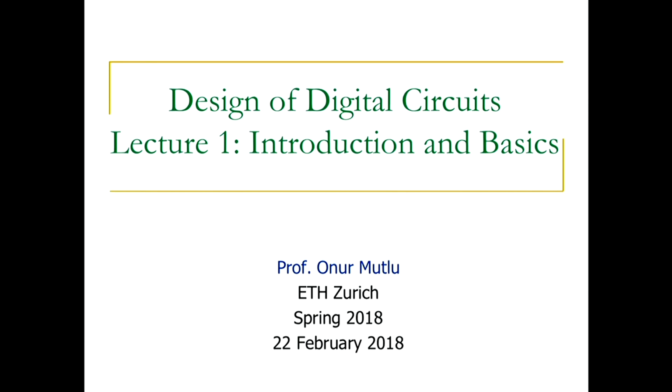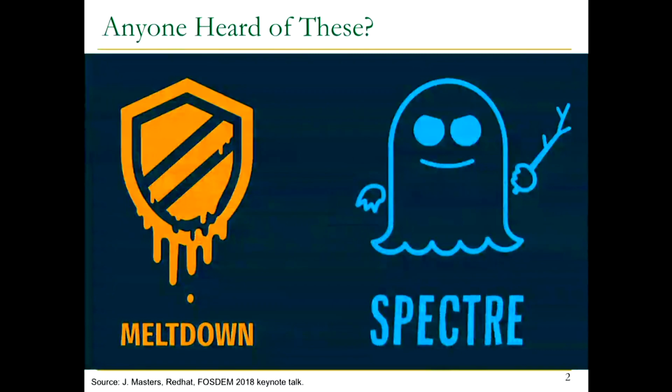But let me start with something that some of you may know, and I'll ask you a question. How many of you have seen things like this? Okay, that's a sizable fraction. So basically, you will learn why these things happen at the end of this course, maybe even earlier, actually. And I'm not going to tell you what these are, so you can search for them. Well, maybe I'll tell you. These are two major security vulnerabilities that were discovered very recently. Actually, January 3rd, 2018, they were reported,